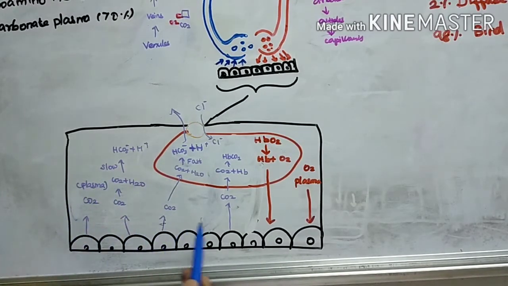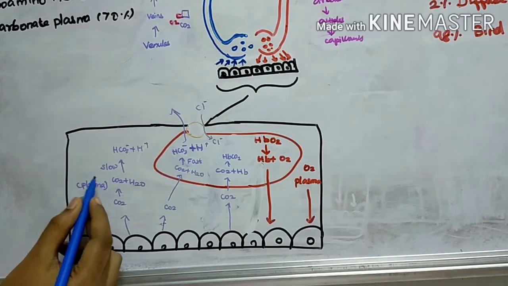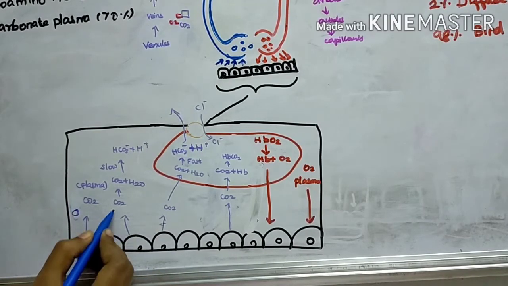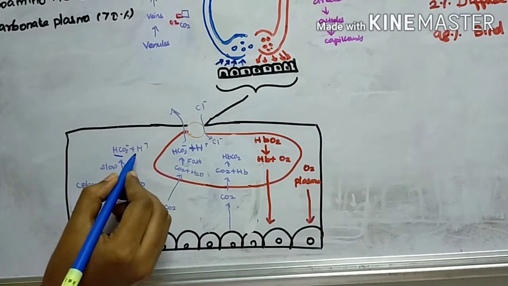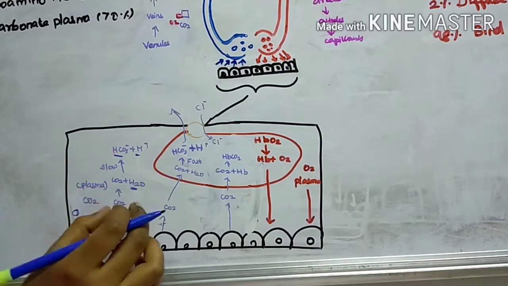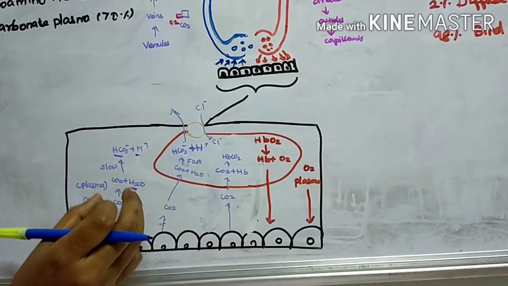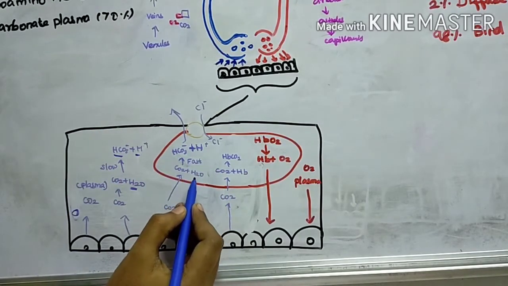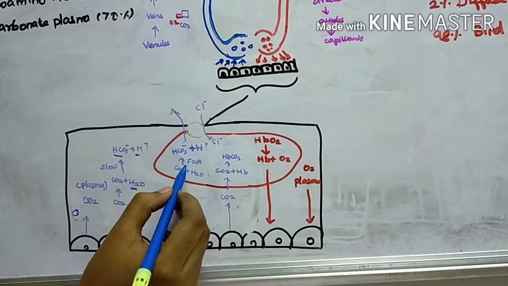The tissue releases carbon dioxide back to the blood. This occurs in three ways. The first one is that the released carbon dioxide diffuses into plasma. The second way is that the released carbon dioxide binds with water and forms bicarbonate and hydrogen ion. This process is slow because it occurs in blood. The same reaction occurs in red blood cells: the released CO2 binds with water to form bicarbonate and hydrogen ion.